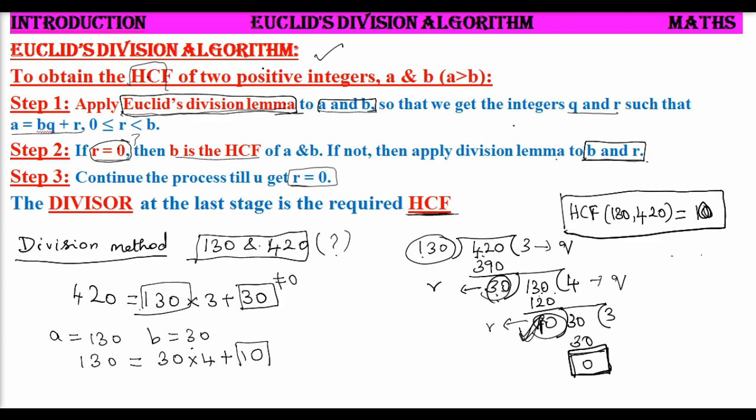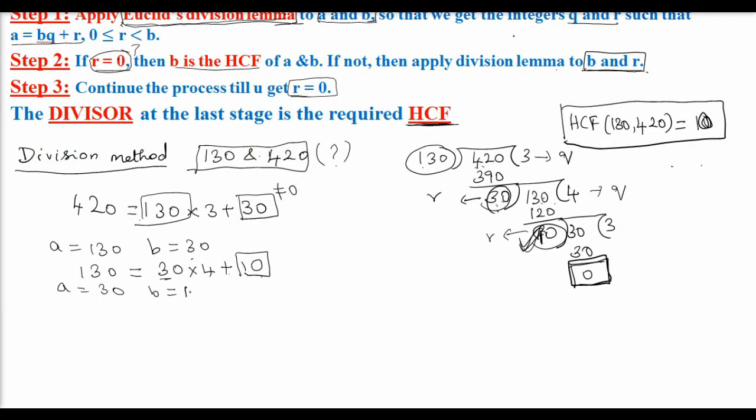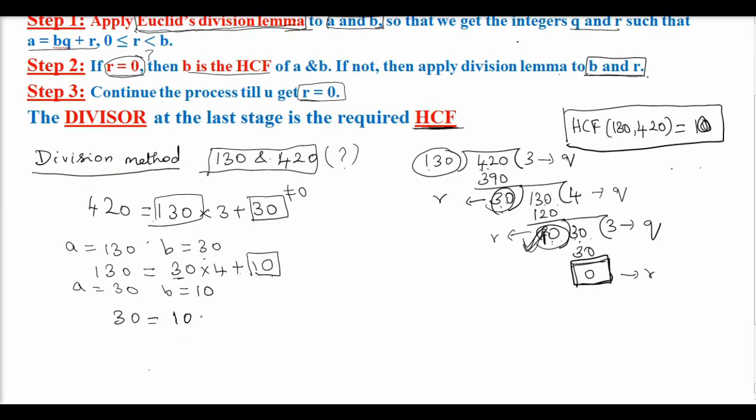Now again this remainder R is not equal to 0. What is given? Continue the process till R equals 0. So since R is not equal to 0, again I will divide, taking A equal to 30, the divisor, and B equal to the remainder 10, right? So I have divided again. That is what you do in your continuous division also. When you divide, you get the quotient to be 3 and the remainder to be 0. 30 can be written as 10 into quotient Q plus remainder R. So here we have got R equal to 0.